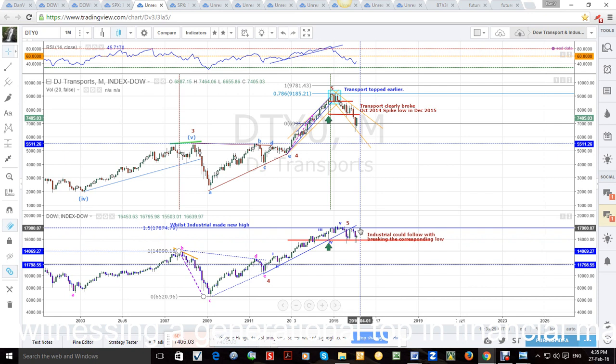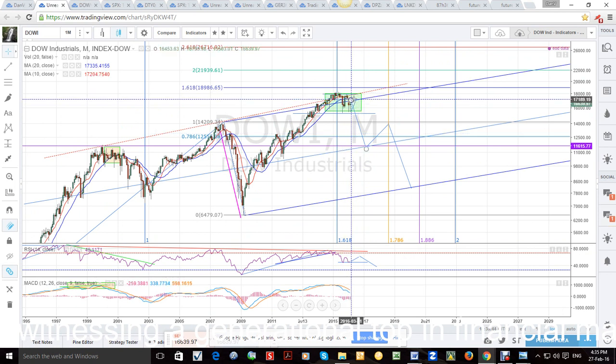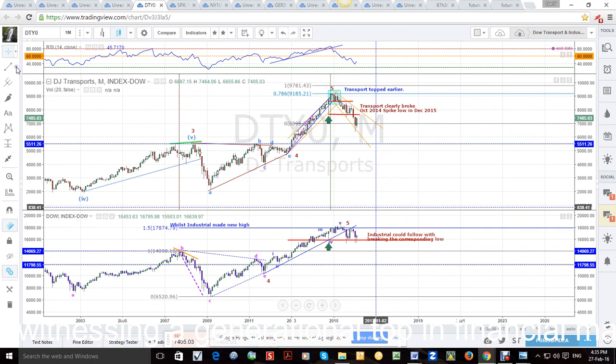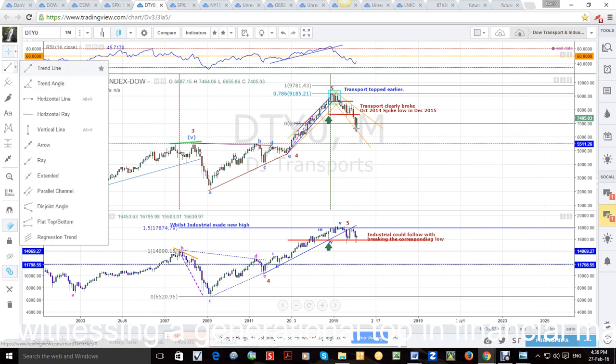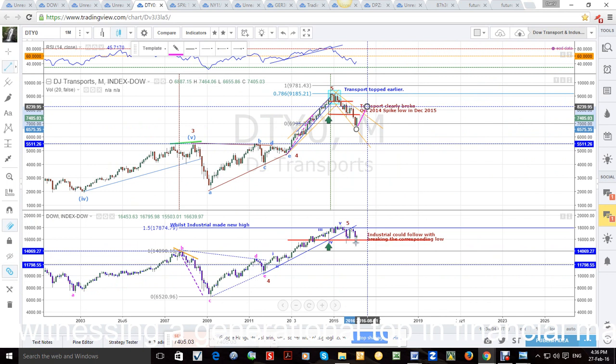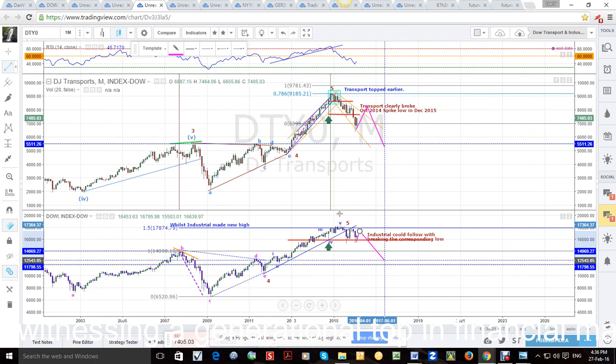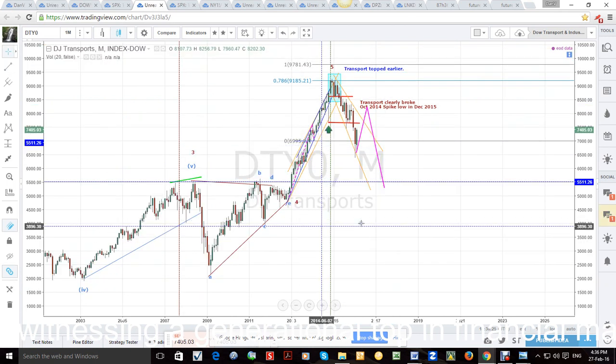So my perception is that the retracement would go on. If you look at the previous chart, the retracement might go on, where we may come back and retest, not necessarily the top, but this higher level, somewhere about 17,000. If that was to happen, then we may get both of them failing. If I put lines on them to indicate what I mean, the Dow Jones transport could probably go up there as a form of retracement and then fail. And likewise the Dow Jones Industrial will similarly try to make a move back up and fail. And overall, you might be aware that that area is forming some kind of head and shoulder pattern,